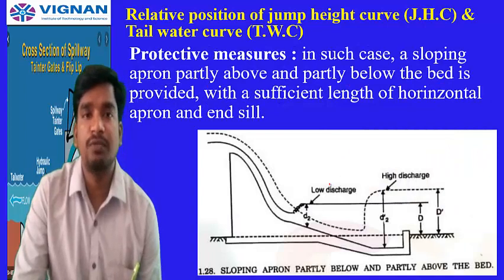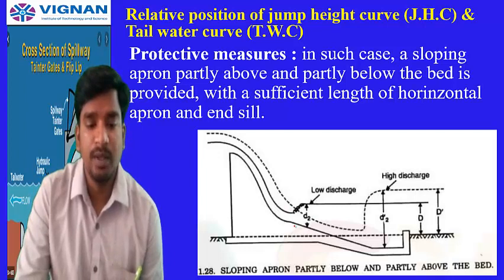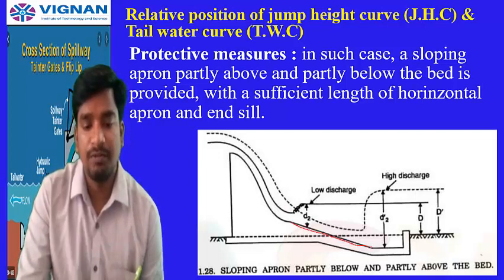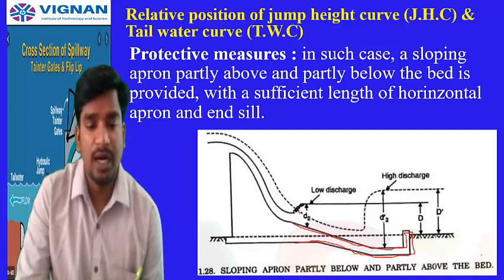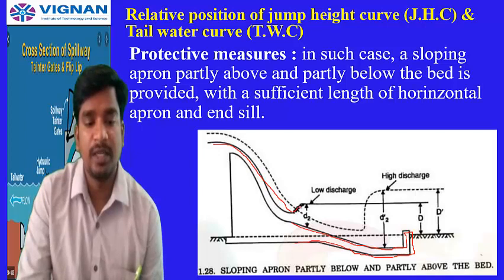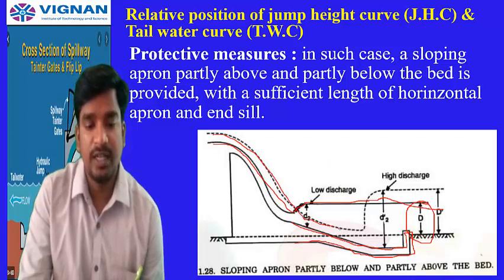In this particular case, what do we have to do? We have to take a measure in such a way that for lower discharges, we make a system like this. A cistern will be provided. Under low discharges, if the discharge is very small, let us assume, water is coming here and the jump will be formed here and it is flowing like this. Under low discharges, this is our depth. Under high discharges, what is our depth? This is our depth D dash.